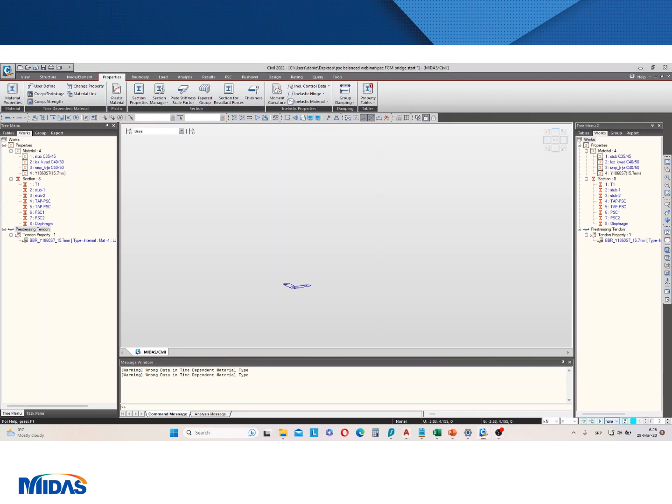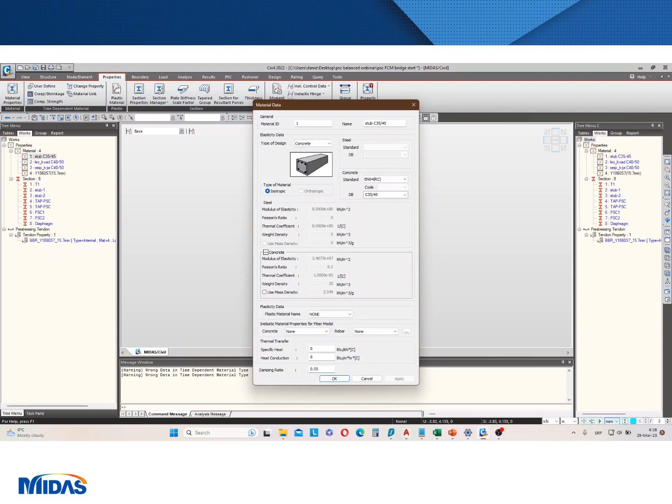Okay, so here we have our Midas Civil window with materials and sections imported from a similar bridge project. So you actually don't have to go and manually enter materials and cross sections every time. You can just import it from some project and reuse it and change it accordingly to your new project. So general procedure is to